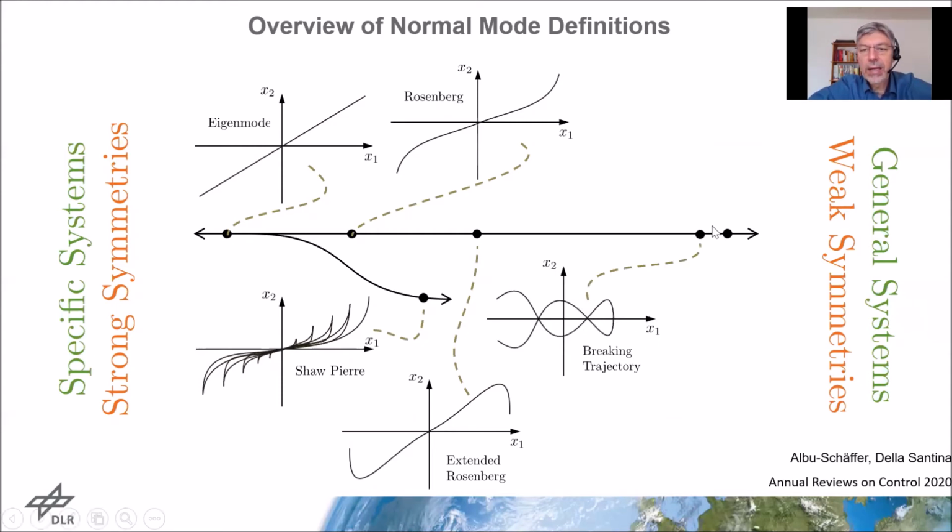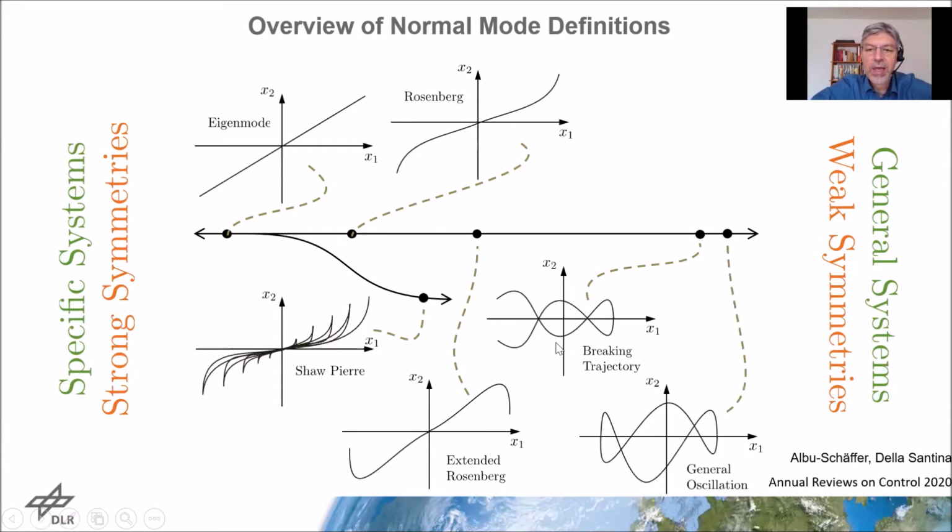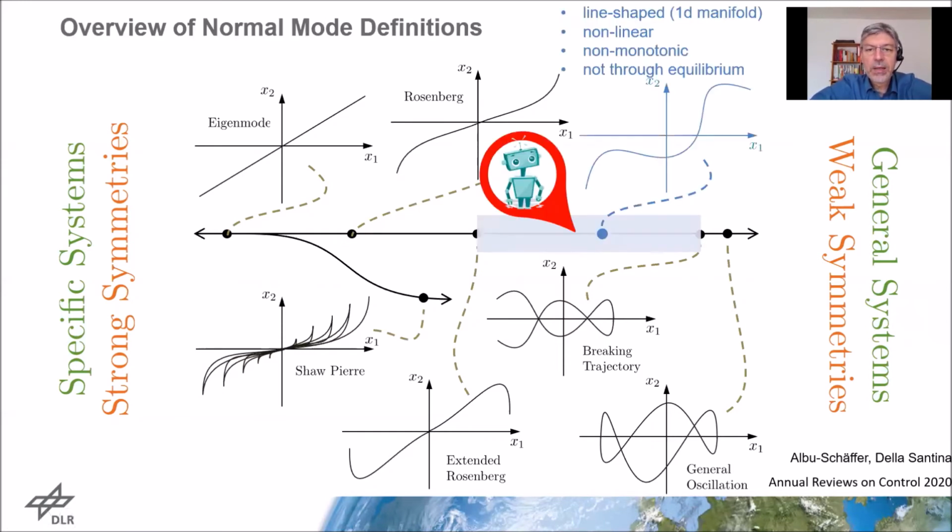And then at the other end of the story, we have the differential geometry concepts of braking trajectories, which can be very complicated motions. And even the more general case of general oscillations. So for example, also closed orbits, not only orbits with line topology. And it turned out that what we are interested in robotics, to best describe the periodic trajectories we can find there by numerical simulations, is